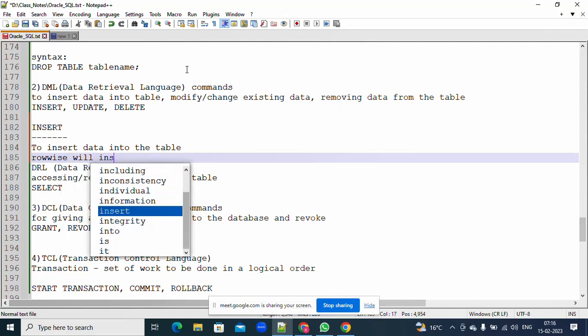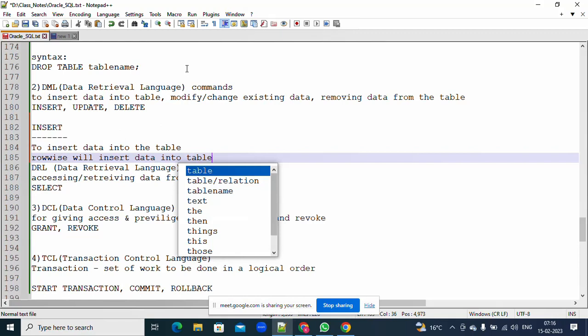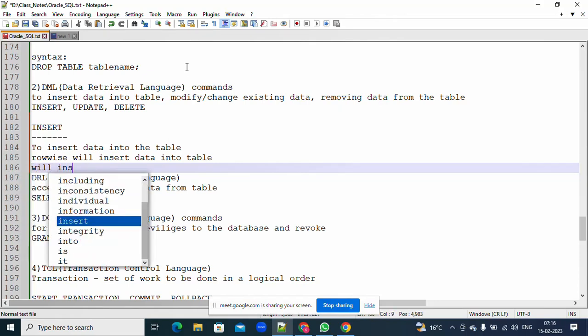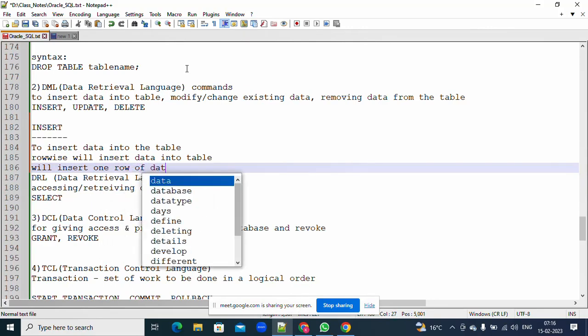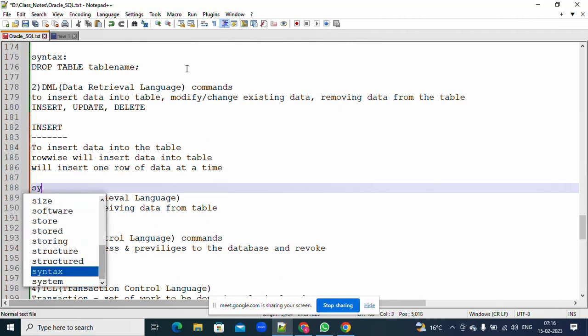Row wise we will insert data into the table at a time. ఒక రో ఆఫ్ డేటా మాత్రమే మనం ఇన్సర్ట్ చేస్తాం టేబుల్లోకి. రో వైజ్ ఇన్సర్ట్ చేస్తాం, అట్ టైం వన్ రో ఆఫ్ డేటా మాత్రమే ఇన్సర్ట్ చేస్తాం. సో దట్ విల్ సీ హౌ ఇట్ విల్ బి. We will insert one row of data at a time. Okay, the syntax,